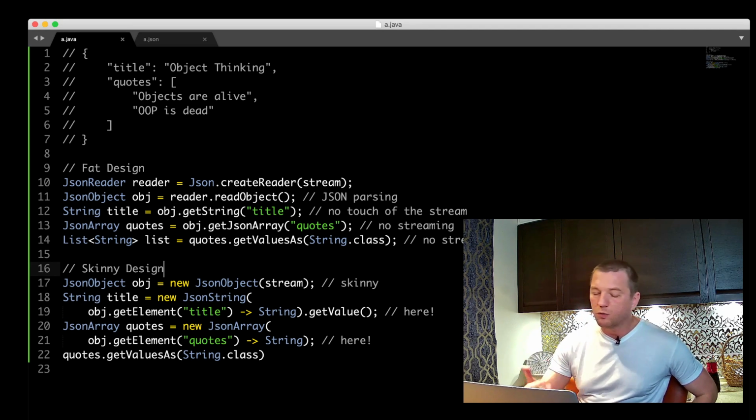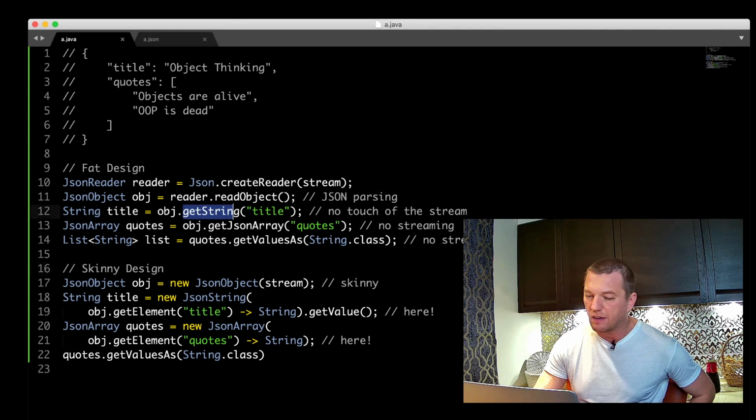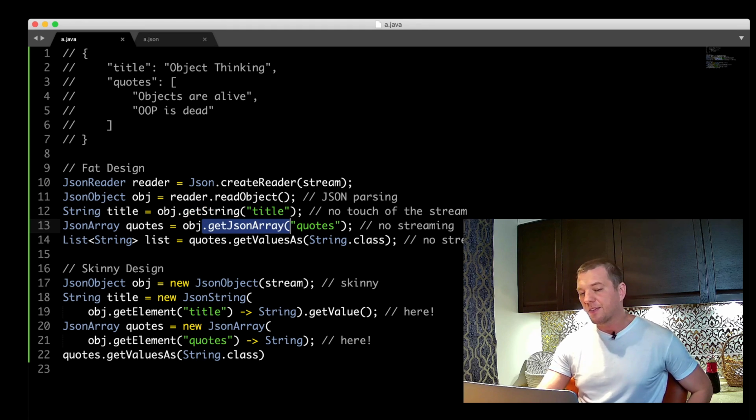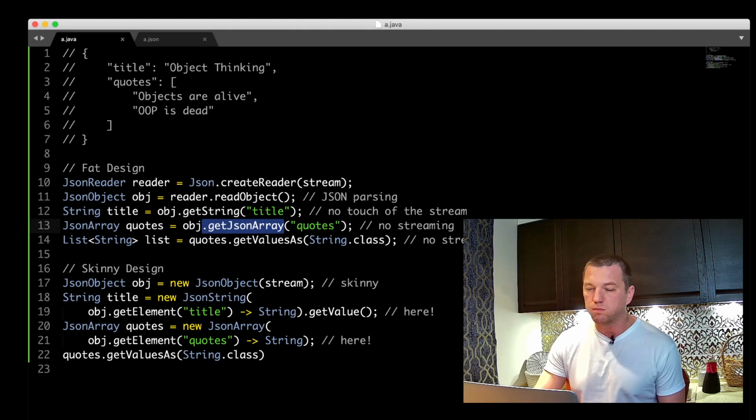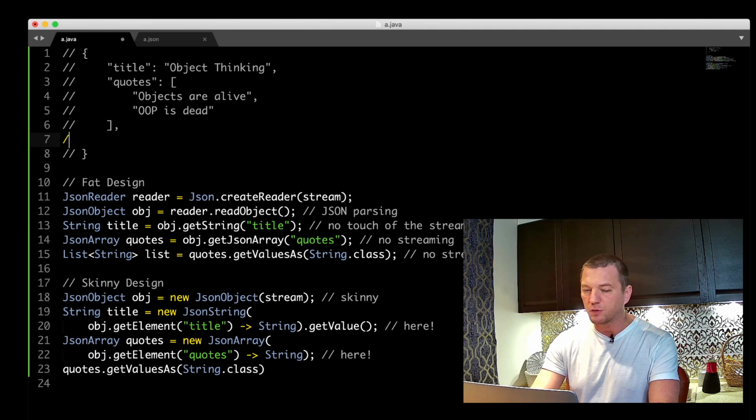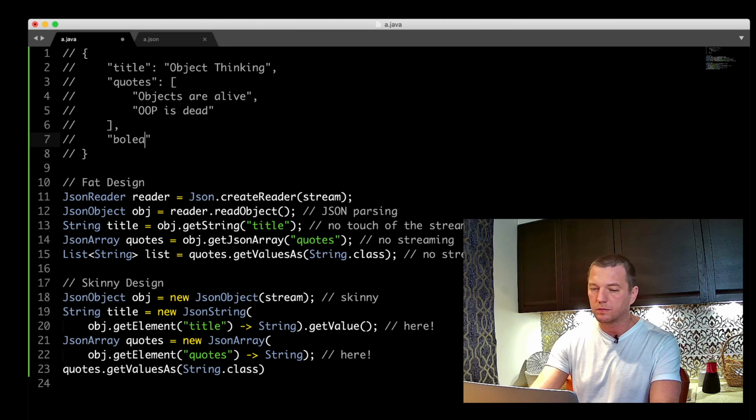Let's say tomorrow I want something else. Now I have getString, and then I have getJSONArray, and let's say there is a new specification, and JSON will enable something like Boolean, true.